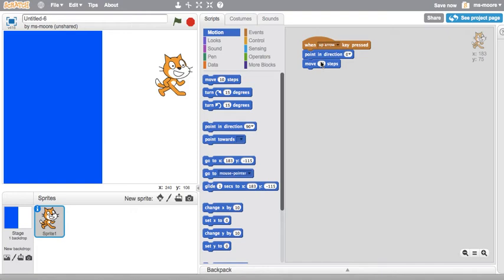I can do the same thing by copying this and changing it for the down arrow, the right arrow, and the left arrow. I'm going to go up to my stamper to duplicate, click on it, and then click on the orange part of my event. So now I have a second one, which I'm going to change to the down arrow and point in direction down, and then I'll stamp it again,